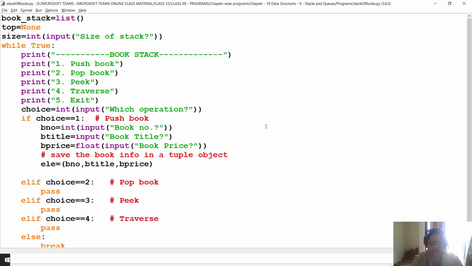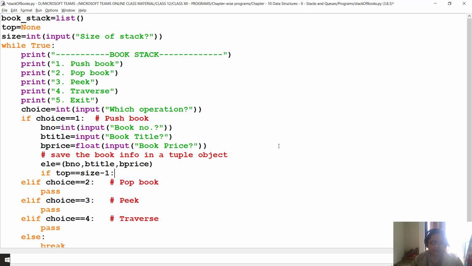Now we are going to push it to the stack using all the various rules for stack. So first, because we have asked for the size of the stack also, we are going to check the overflow condition. So if top is equal to size - 1, that means top has reached the last point in the stack, because stack is being implemented as a list object, hence it would contain a number of elements.